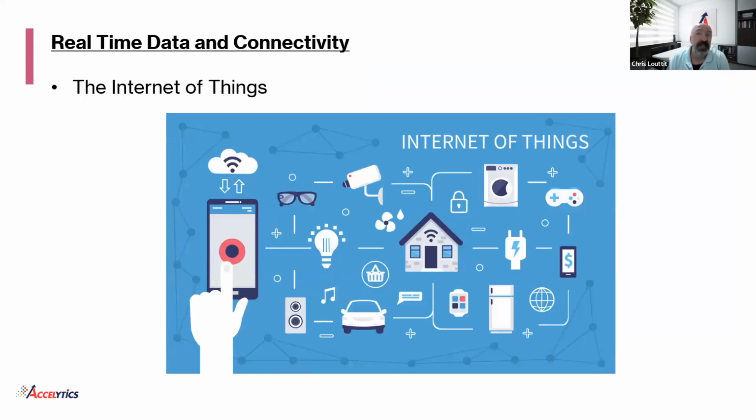Okay, the next thing is real-time data and connectivity. So I'm sure you've heard about the rise of the Internet of Things and connected devices. So the rise of this and other connected devices is enabling businesses to access real-time data on product usage, on inventory levels, and on customer preferences. This real-time connectivity allows companies to adjust their demand planning strategies on the fly, responding quickly to changing market conditions